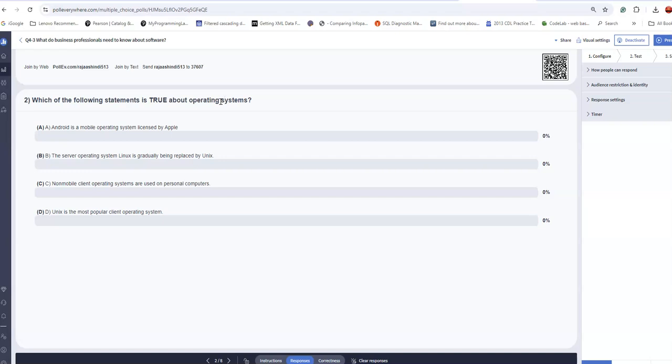It is the most important system software to be installed on a computer to be able to manage tasks. It manages running tasks, manages the hardware components, and allocates resources. There are different statements here that we can choose from. Let's go with: non-mobile client operating systems are used on a personal